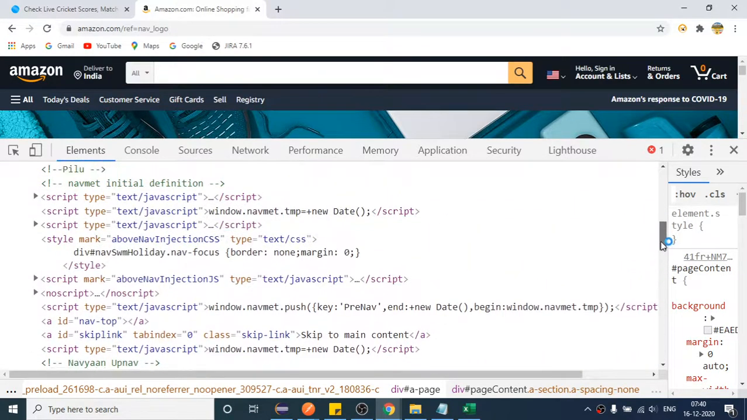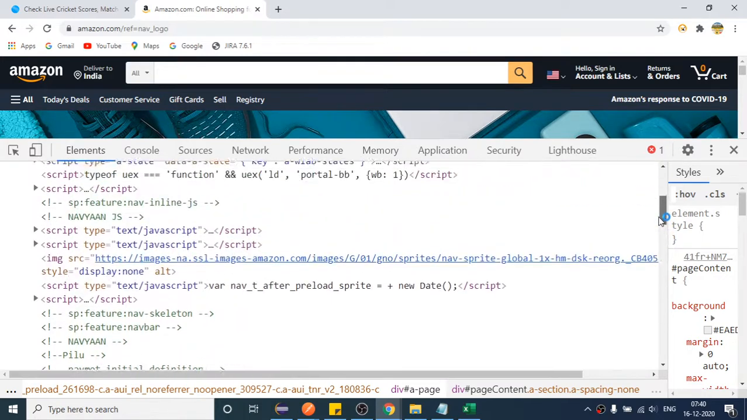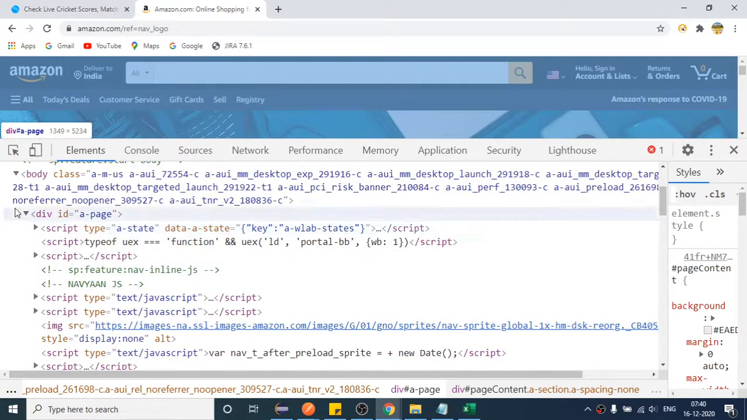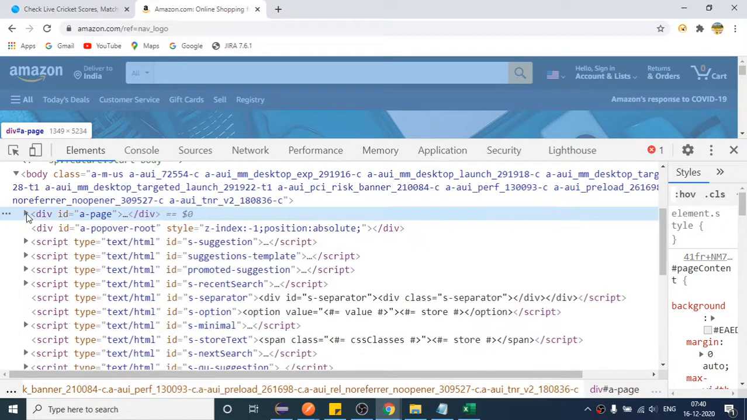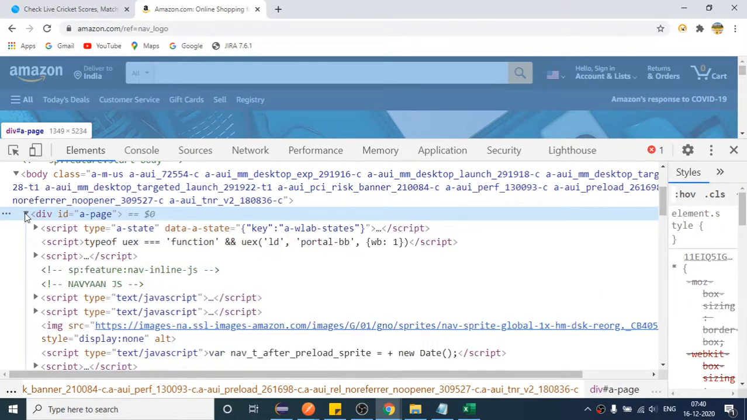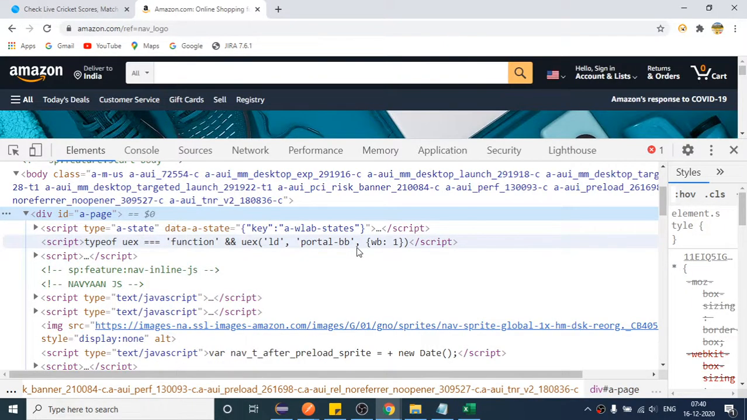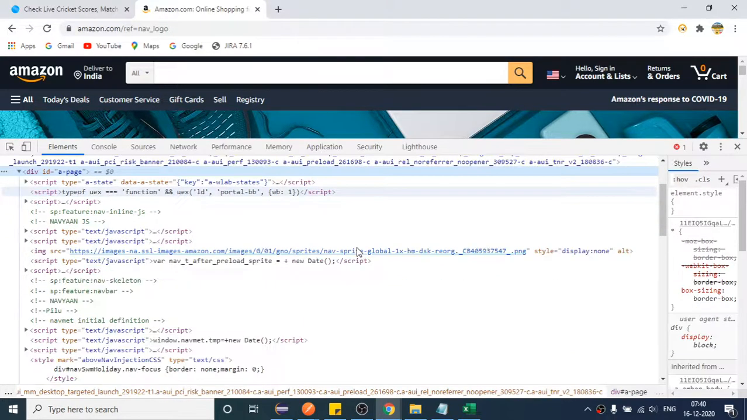is there any downward arrow? Not here, not here. Here it is present, right? The first downward arrow is present. So this is how you can say that this is the parent of this one, because if I minimize it a little bit,